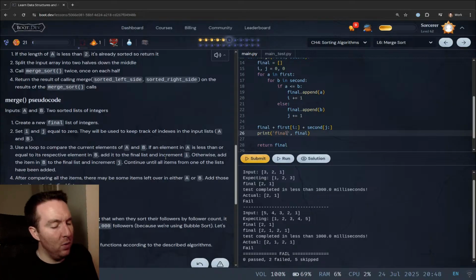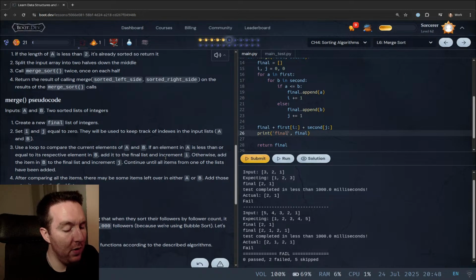Set i and j to equal 0, they will be used to keep track of indexes in the input lists A and B. Use a loop to compare the current elements of A and B. If an element in A is less than